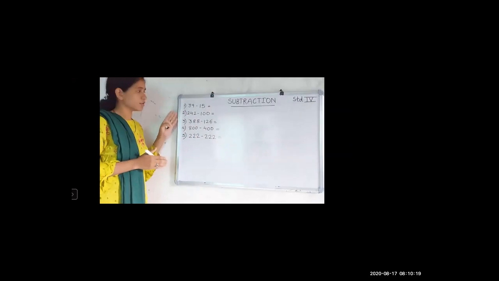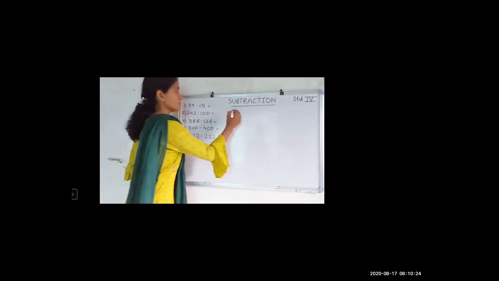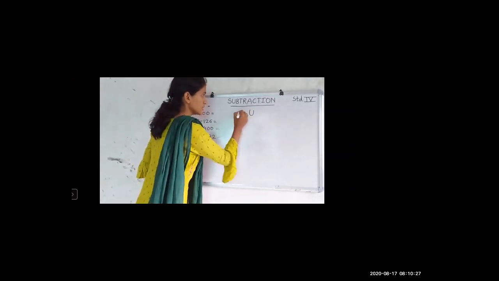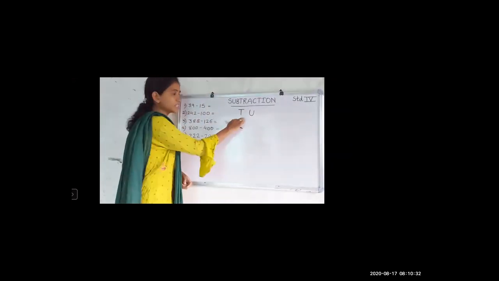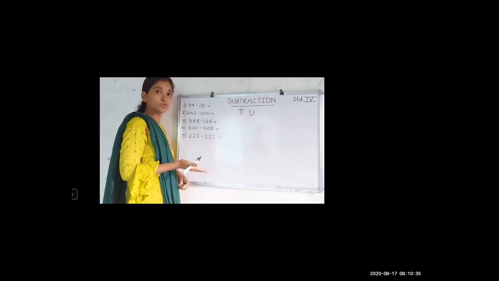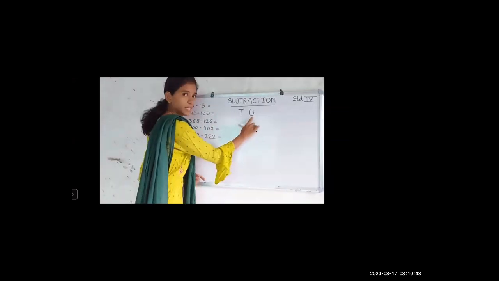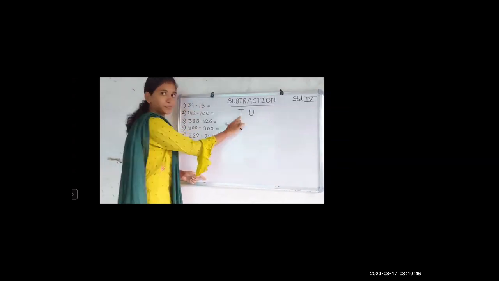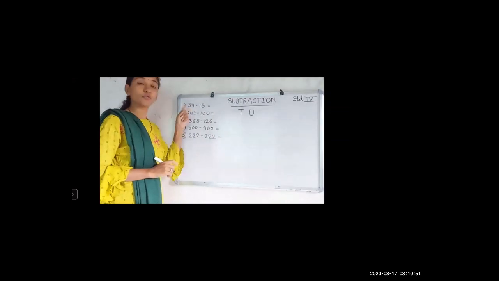So first one is 39 minus 15. This example I have given in horizontal form. First I have to write it in vertical form and then I will subtract it for you. So first is units, tens. Before writing the numbers, I'm going to write the place value so that it will be easy for you to understand it better, and you will not get confused. So 39 minus 15. I have written here place value, units and tens. I've written only two place values because this subtraction is of only two-digit numbers.